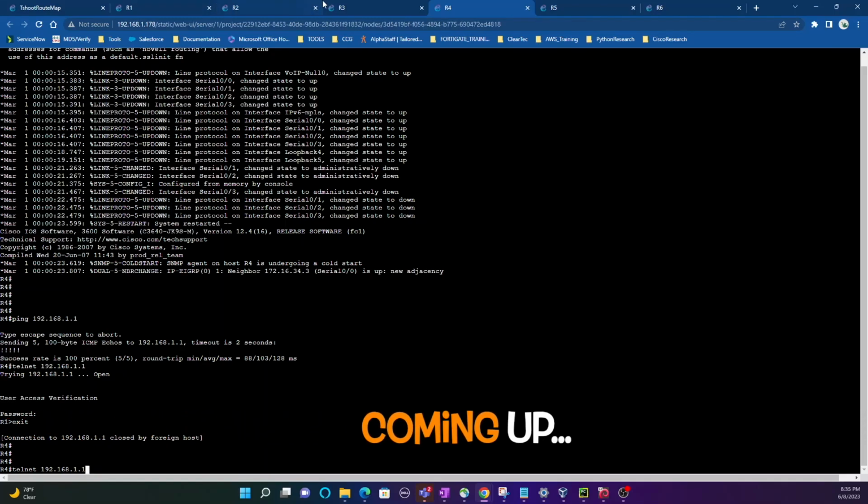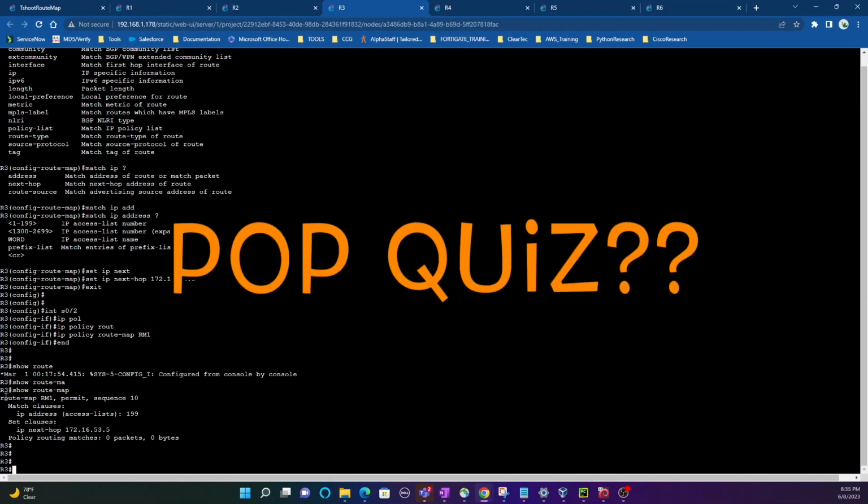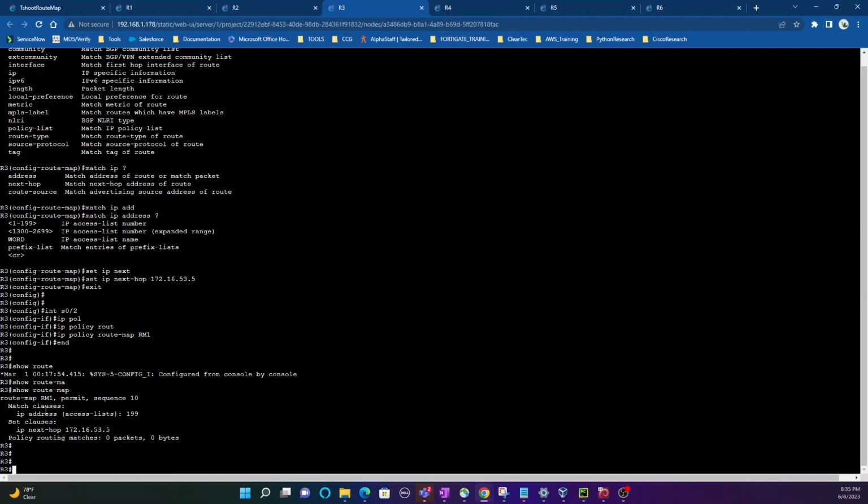Let's go ahead and take a pause for the cause. If we do that and we got this route map, what should happen here? Let's just take it one step at a time and process this route map fully so we fully understand what's